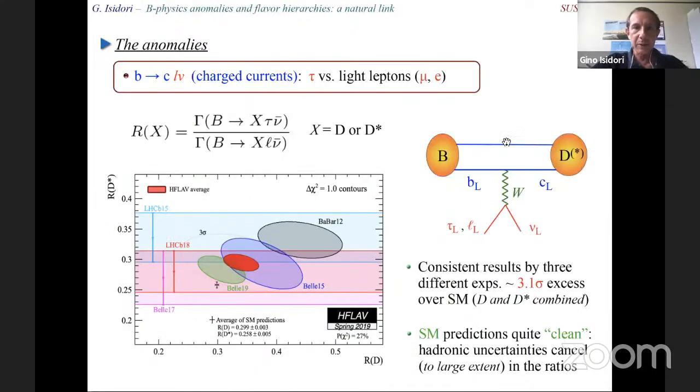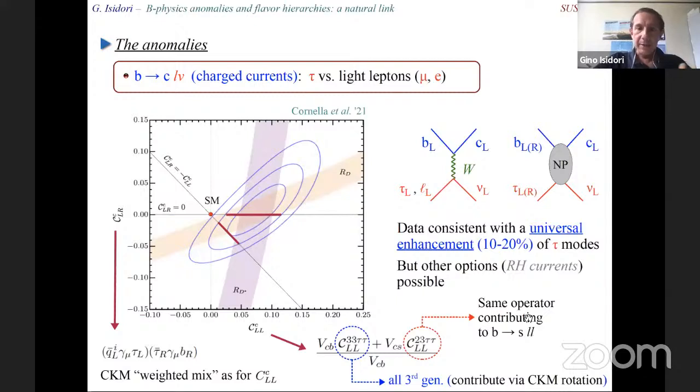Then there are the other anomalies, which are the charged current anomalies, B to charm lepton neutrino. Here again, I don't have time to enter too much into the detail, but there is a 3 sigma excess combined with different experimental results, which agree very well. I mean, the probability of the experimental consistency is high, 30%, and the discrepancy with the standard model is 3.1 sigma. And if you interpret this, again, you can use the same type of operators, but in this